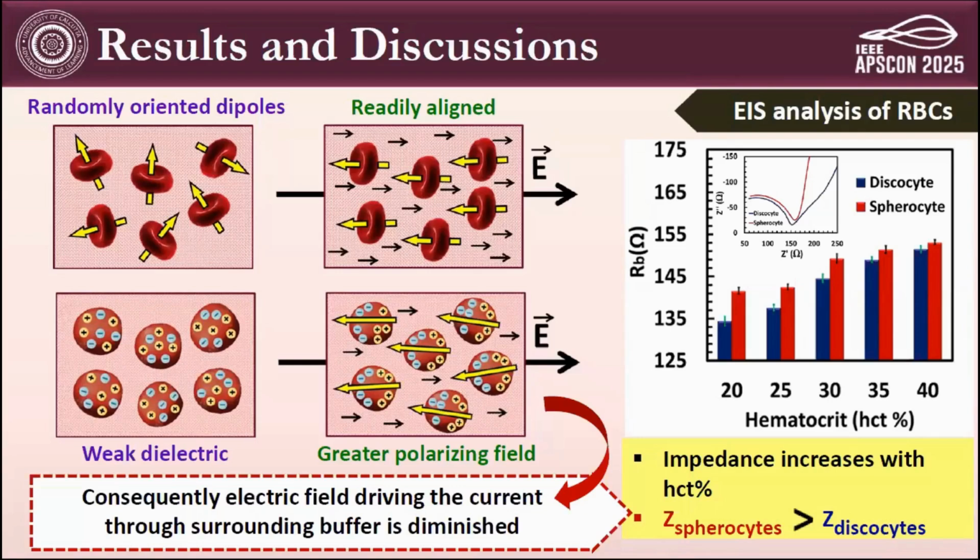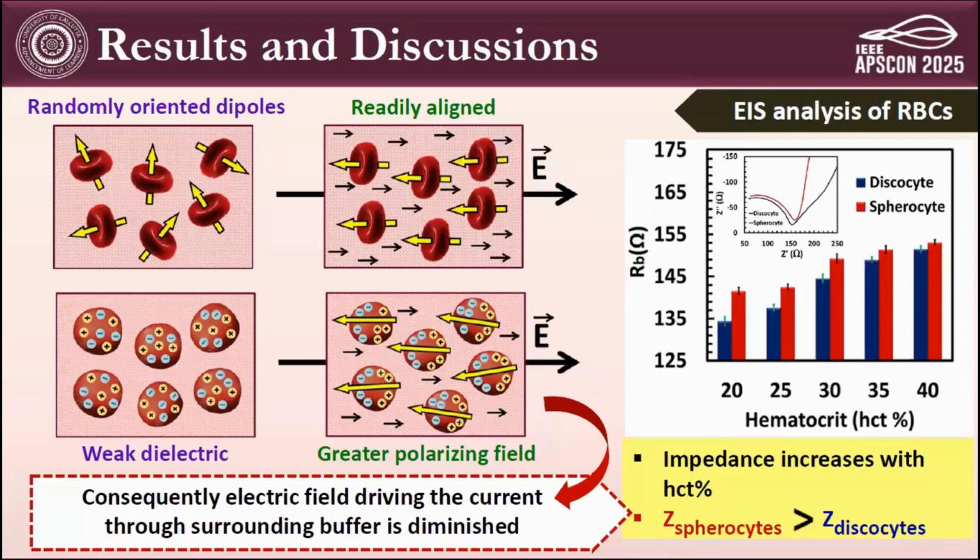Once we apply a field, such dipoles are readily aligned, posing a low resistance to the flow of current. While in case of spherocytes, due to their spherical symmetry of ion distribution, they have weak dielectricity,